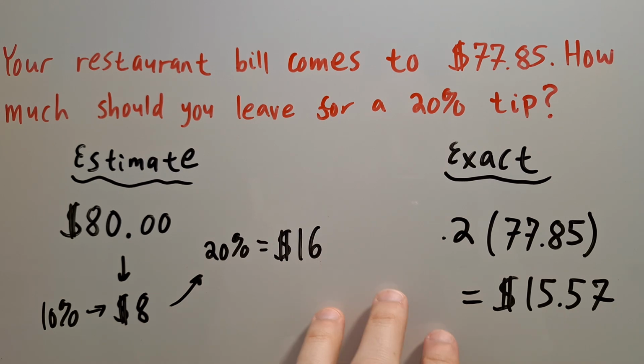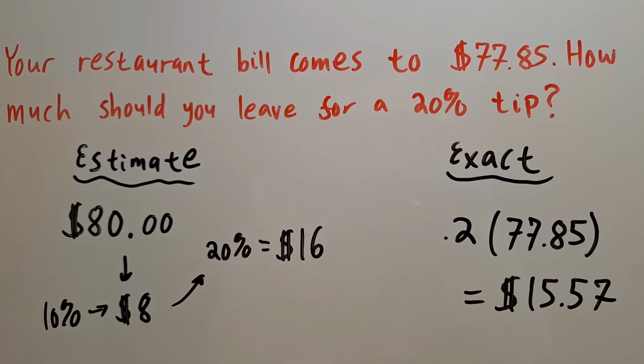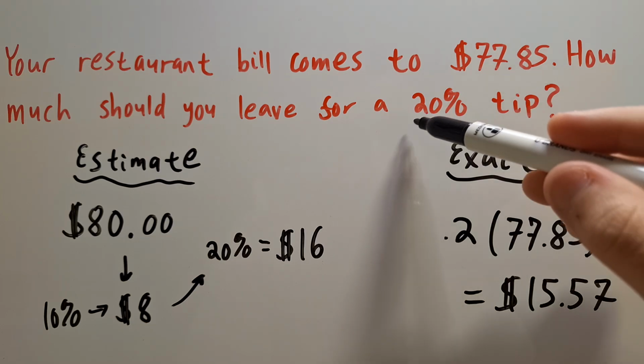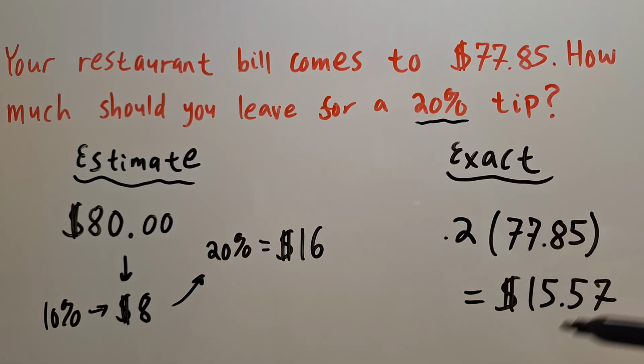This is a nice little trick to learn when you're ever sitting down in a restaurant and figuring out how much to leave for a tip. And then if you're leaving 20%, you can calculate sometimes larger values or sometimes smaller values, but your answer for this problem would be